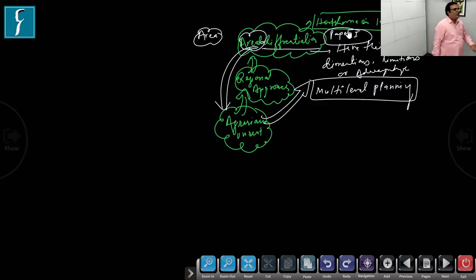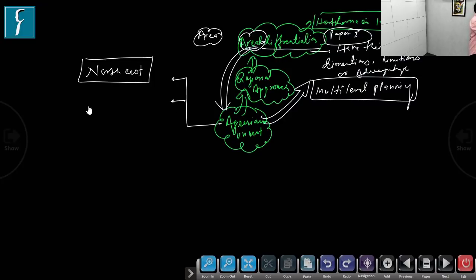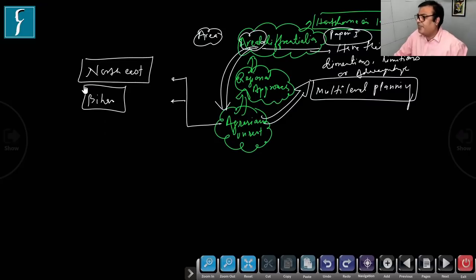Now, if you talk about agrarian unrest, then you will be talking about the reasons of agrarian unrest in the northeast, in Bihar. Just keep taking the number of states. Every state, even within the state, has its own problems. Say, for example, Jharkhand. One part of Jharkhand is a very peaceful area. Another part of Chhattisgarh is a peaceful area. Another part of Madhya Pradesh is also more or less peaceful. But if you talk about the southern part of Jharkhand, Chhattisgarh and Madhya Pradesh, and another part of Andhra Pradesh and Telangana, then you will face another sort of problem, the problem of Naxalism.